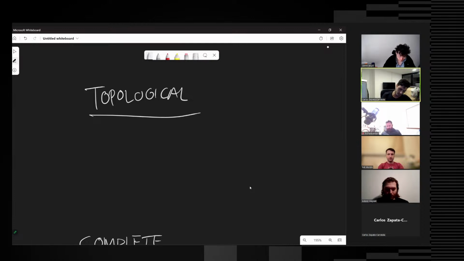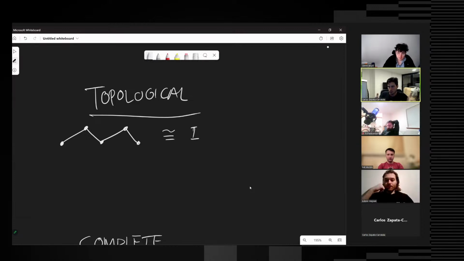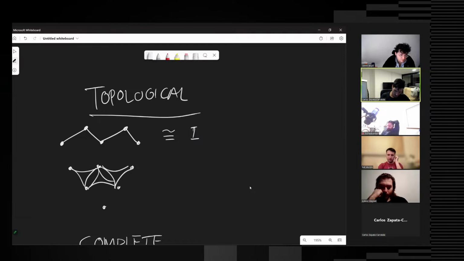So you want to maybe classify or enumerate the ones that are literally topological spaces. If you have something like a chain of two edges, then clearly this is topologically like the interval. That's topologically what your space is made of. Similarly, if you have something like a tiling, something like this, with several ternary edges like this, remember these are filled.